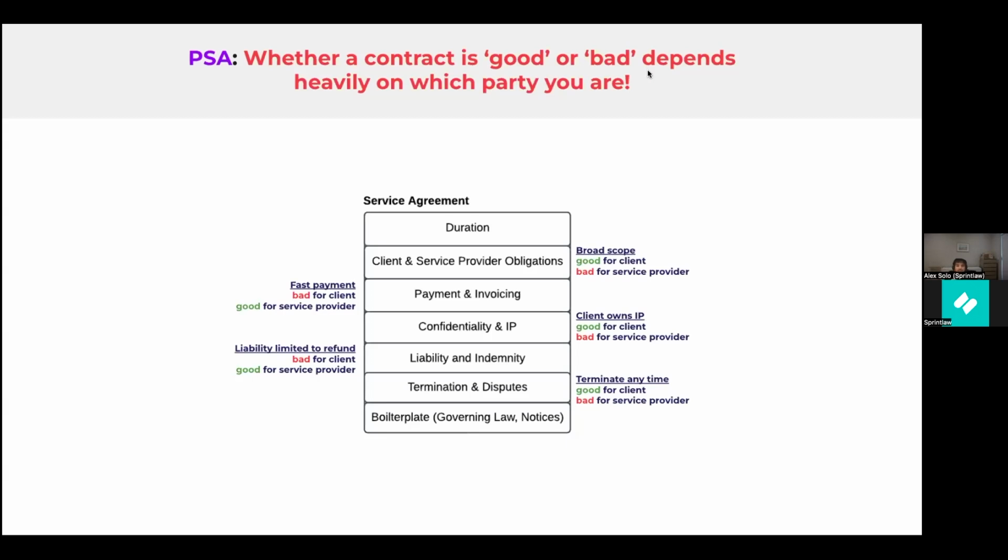That's good for the client, but that might be bad for the service provider if they want to reuse some work they've done for a client for another client. Liability, if something goes wrong, can we sue each other? Again, something that's